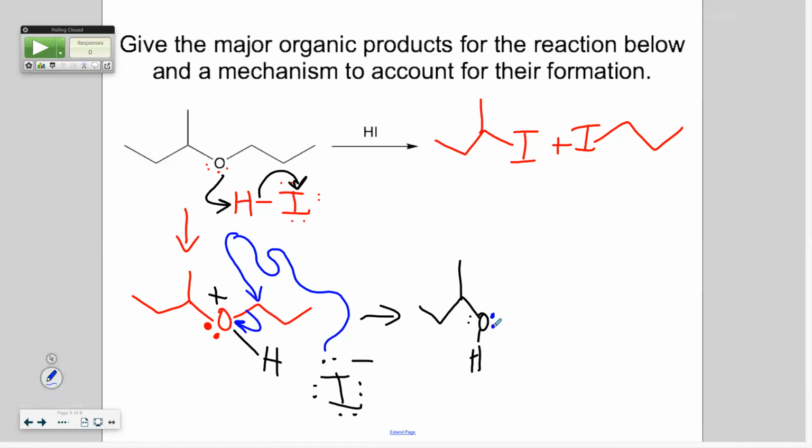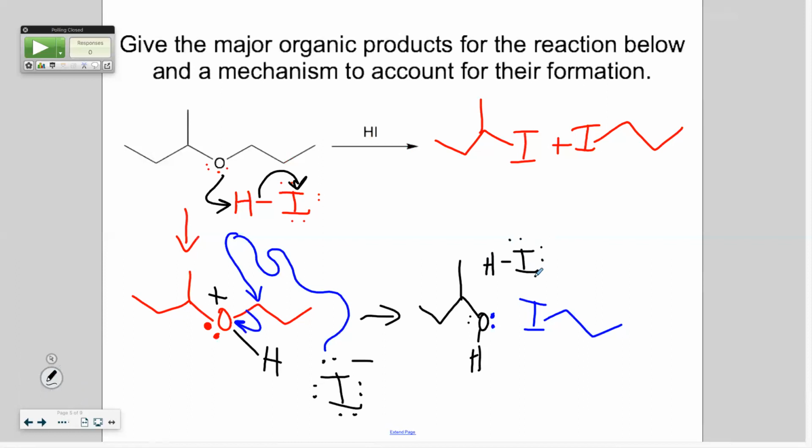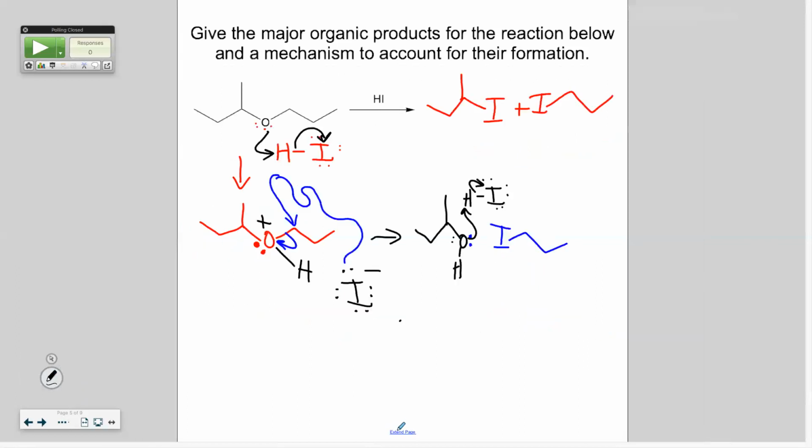Okay, and what did we get from the other side? The I attached to the propyl group. Okay, now what happened? It kind of does it again, where we protonate the alcohol. All right, I guess we're going to have to do this extensively. So that's going to get us to